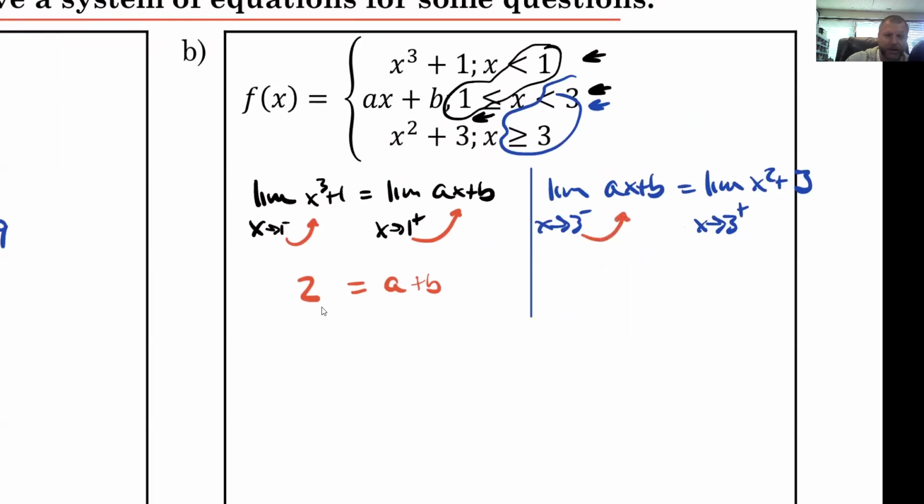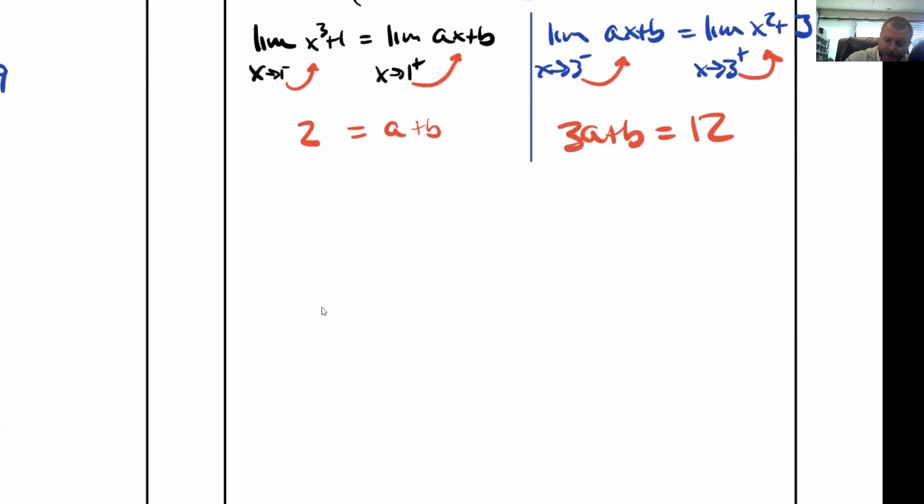I can get that here, right? Because I can plug in 3 for a, 3a plus b. I can plug in a 3 here. So that's going to be 3 squared, 9 plus 3, which is 12. All right, so then now we have a system, right? I have a's and b's equal a number, a's and b's equal a number. So if a plus b is 2 and 3a plus b is 12, a lot of ways we could solve